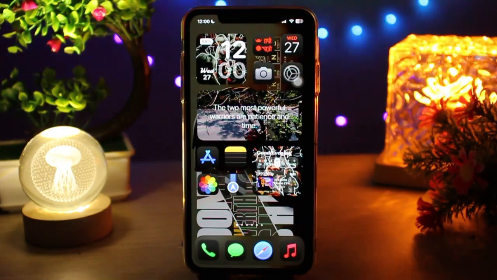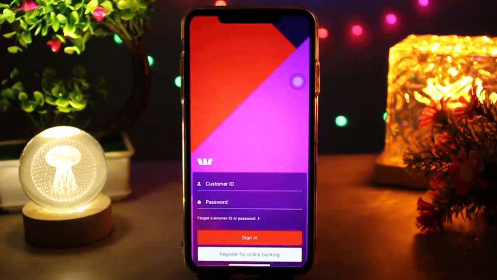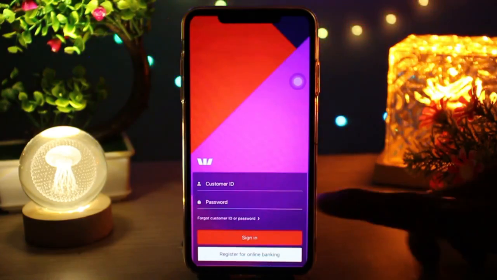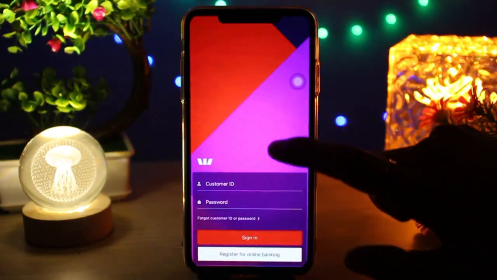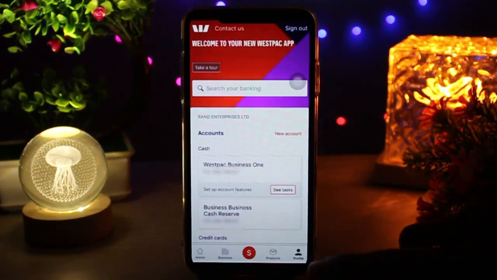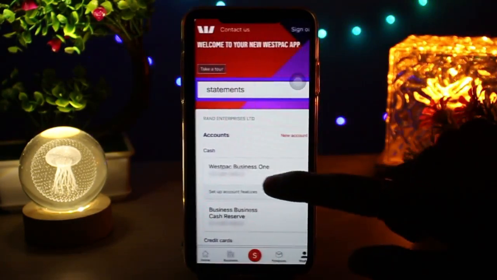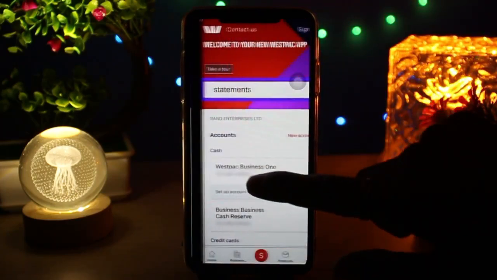In order to download your Westpac bank statements, what you need to do first is just simply head over and open up your Westpac application, and then be sure to be logged in with the customer ID and password. And then once logged into your account, what you need to do here is just simply select one of the accounts that you currently have from your account section,